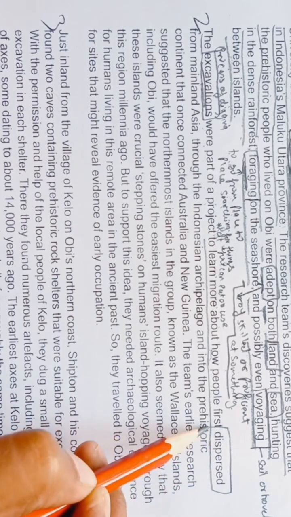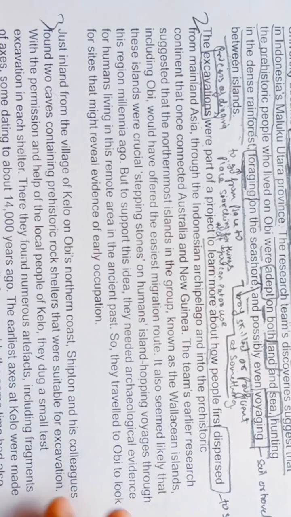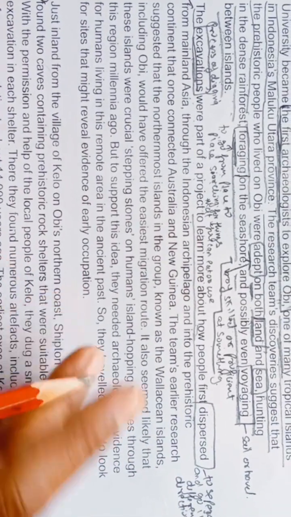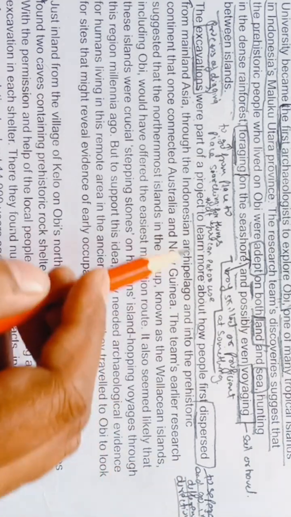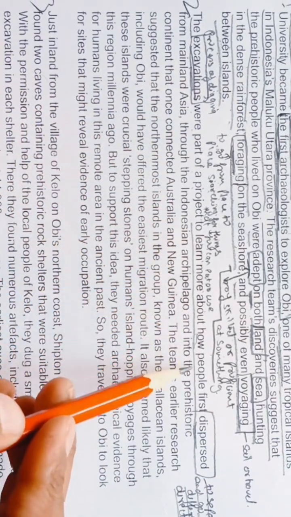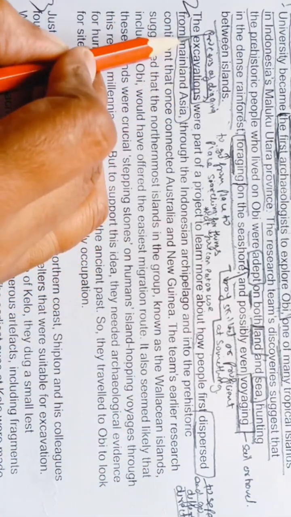What do you mean by dispersed? Dispersed means to separate and go in different directions. The excavation was part of a project to learn more about how people first dispersed from mainland Asia,